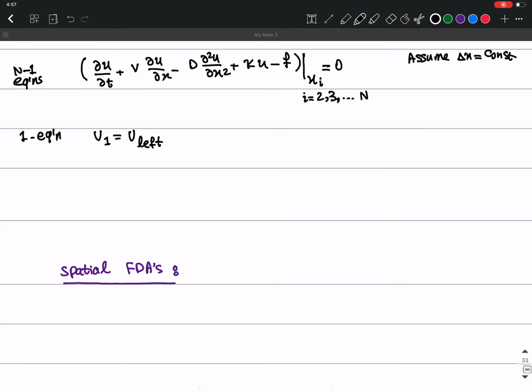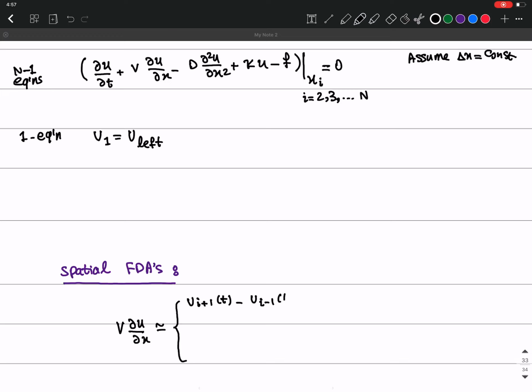I'm just going to approximate all the terms here that I have, all of them, and let's see what they will be. So the first term I'm going to approximate is v partial u over partial x. I'm going to approximate it in two ways. You can use all the methods that you have learned so far, from center difference, forward difference, backward difference, all of them. So the one I'm going to use is center difference method, ui plus 1 at t minus ui minus 1,